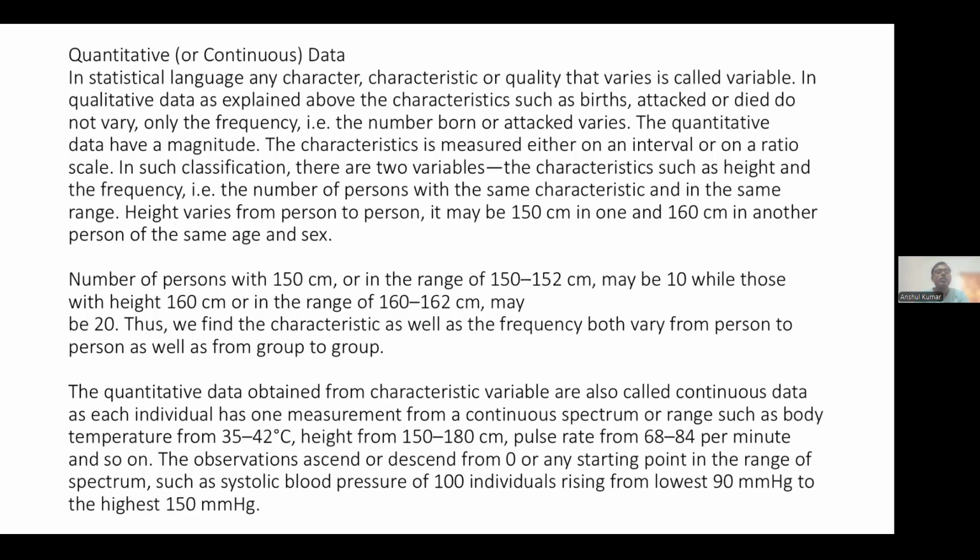Height varies from person to person. It may be 150 centimeter in one and 160 centimeter in another person of the same age and sex. The number of persons with 150 centimeter or in the range of 150 to 152 centimeter may be 10, while those with height 160 centimeter or in the range of 160 to 162 centimeter may be 20. Thus, we find that the characteristic as well as the frequency both vary from person to person as well as